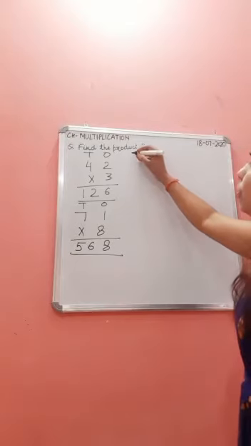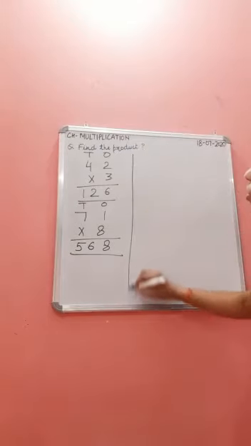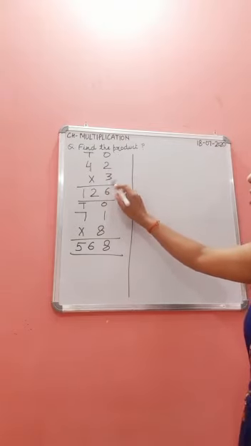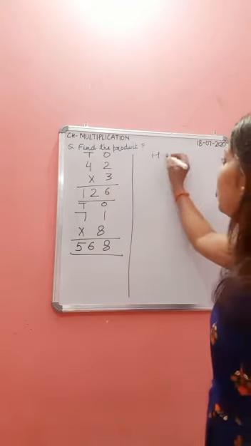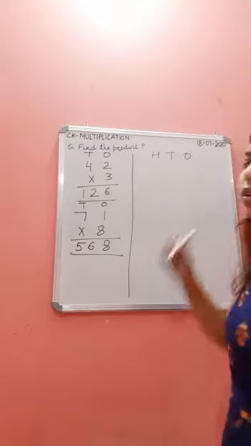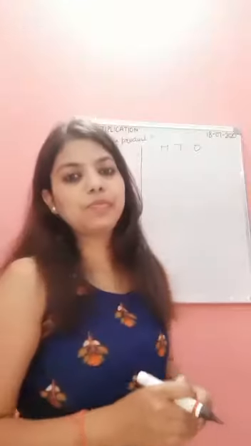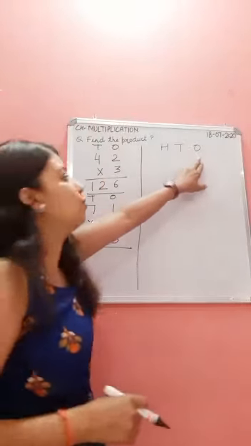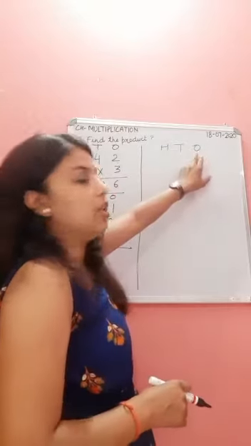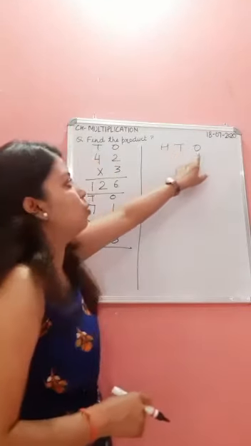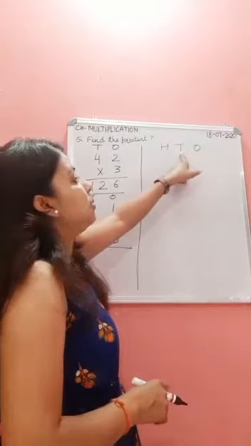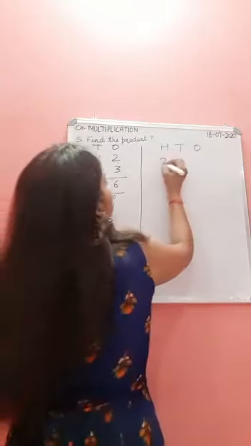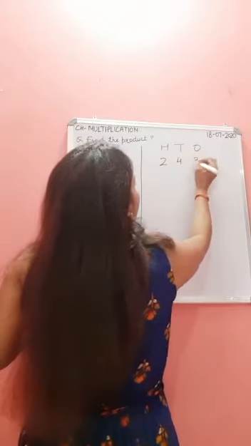Okay, so these are 2 digit numbers multiplied by a 1 digit number. Now we do 123. Okay, now we do a 3 digit number. The place values of a 3 digit number are ones, then tens, then hundreds. O stands for ones, T means tens, and H is for hundreds. So put 243.